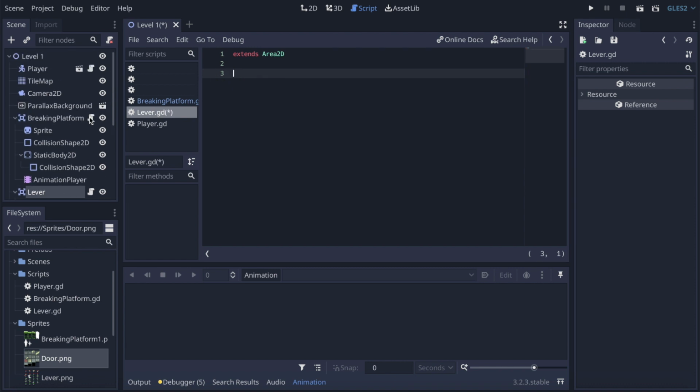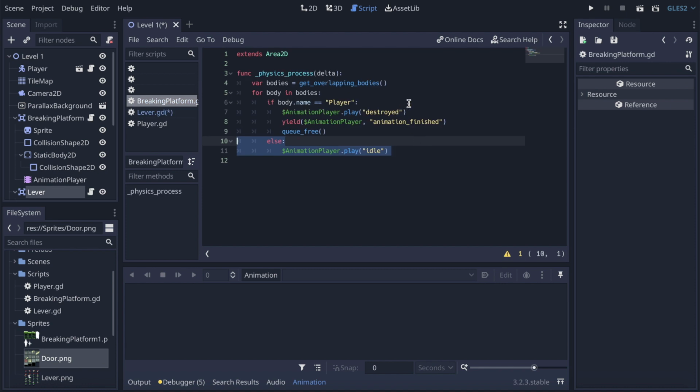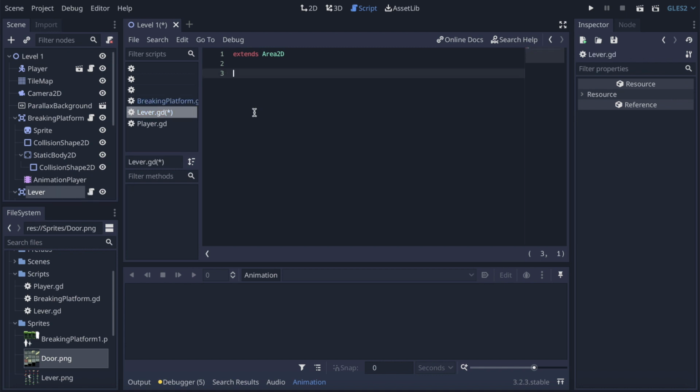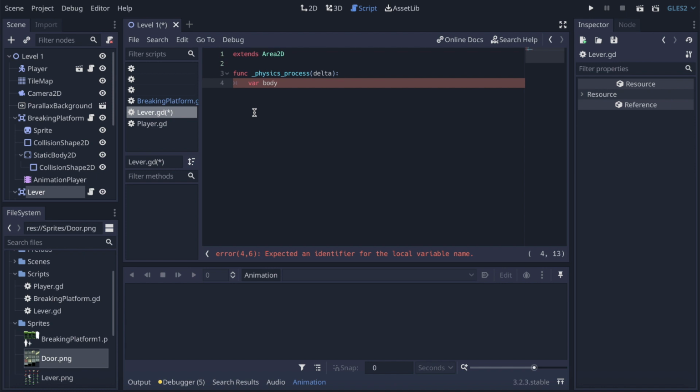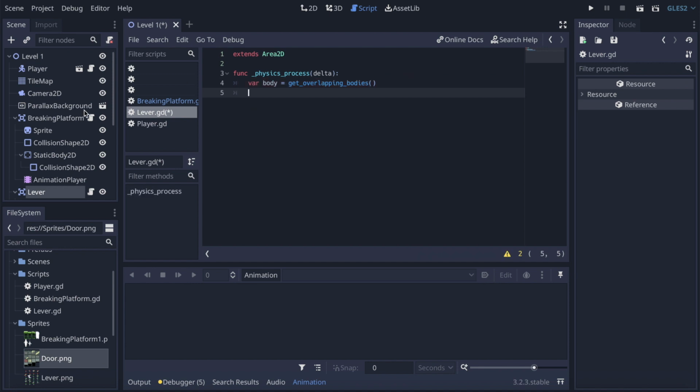Basically what we need here is a function, and that function is going to be the same as in the braking platform. It's going to be a physics process delta, so it's basically the same stuff. I'm going to say func physics process delta, and create a variable inside the function, var bodies equal get overlapping bodies. And here I'm going to say for body in bodies,